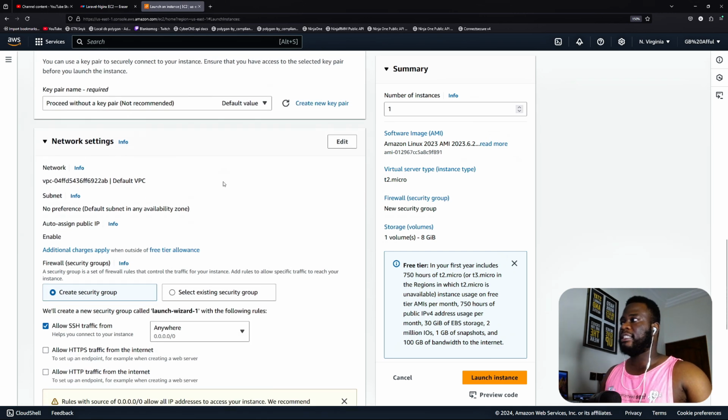Okay, so for the network settings, every Amazon resource that you create operates in its own internal network, what we normally call a VPC. So that's a virtual private network. Now Amazon gives you a virtual private network immediately you create an AWS account. All right, take it like